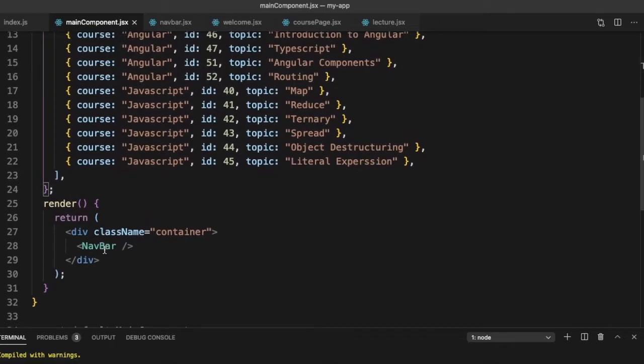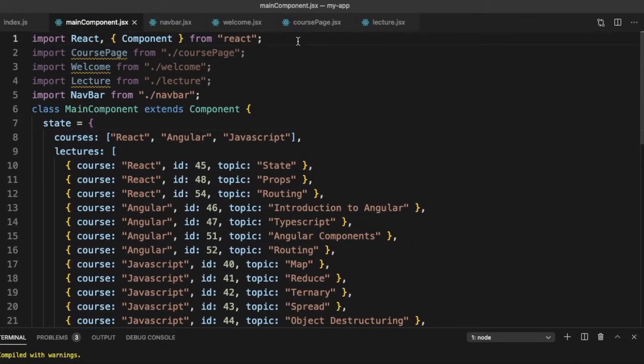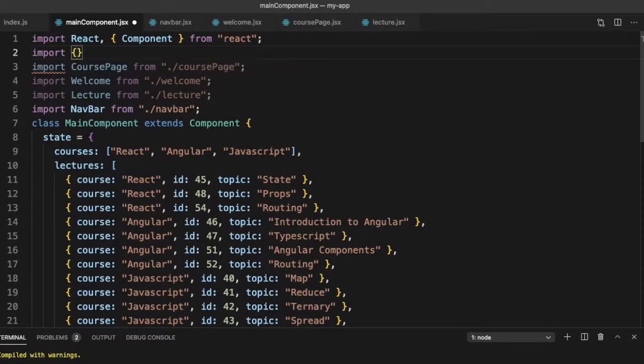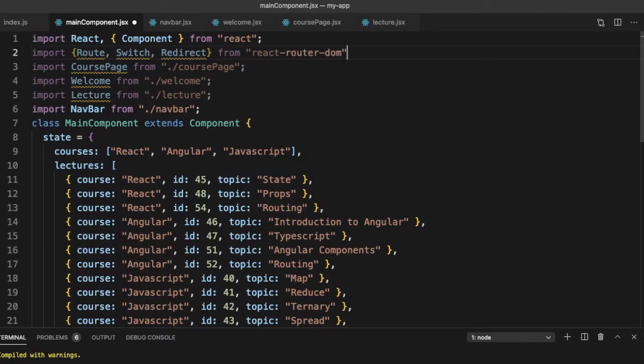And let's start writing the main component. So the first thing we will need to do is our imports. So import, what all do we need? We need Route, we would need Switch, and we would need Redirect. So let's import them from React Router DOM.